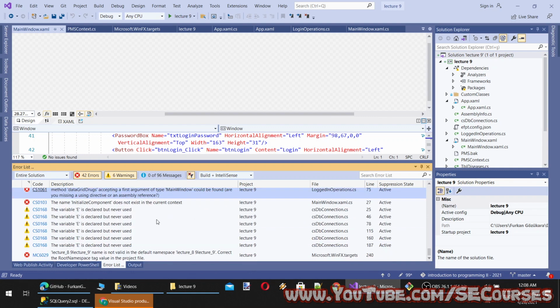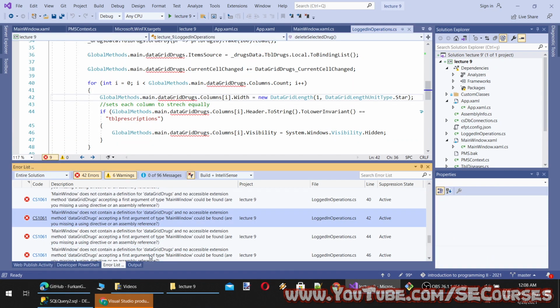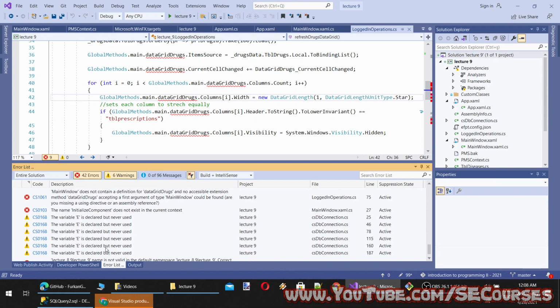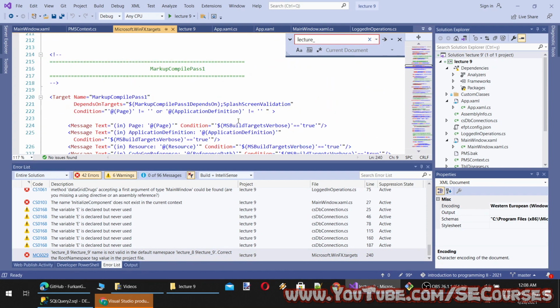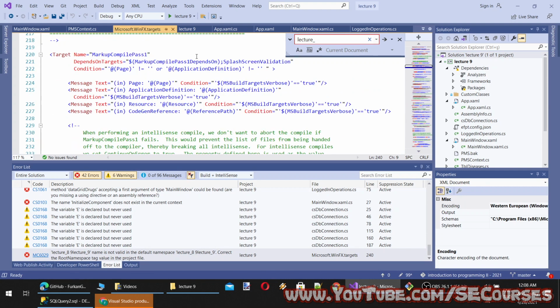Okay, we have a problem somewhere. Microsoft WinFX targets. It is inside. Yeah, this is not related to that.